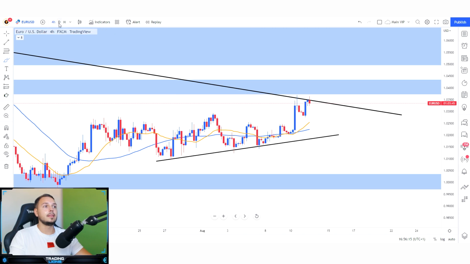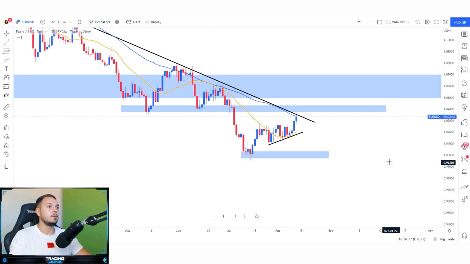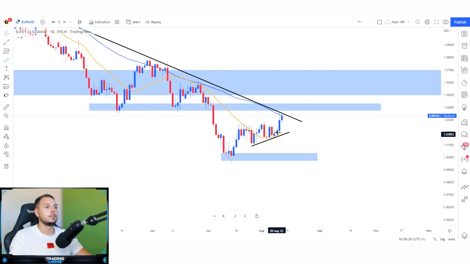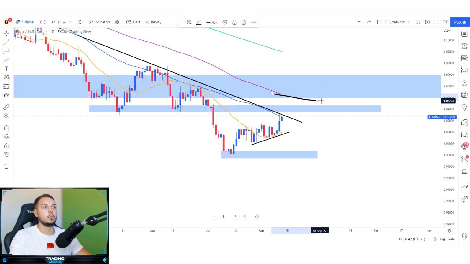However, I like looking at the daily time frame as well. And if we have a look and come back to the daily time frame, the 50 moving average is already acting as a good area of resistance. As you can see, this was the previous area zone. I talked about the push exhaustion scenario. This is what's happening, and the 50 moving average is not allowing the candlesticks to break past it. If it does, we might want to use the other moving averages, which is the 200 and 100. In this case, the 200 moving average is still quite far away, so we're not going to be using it,